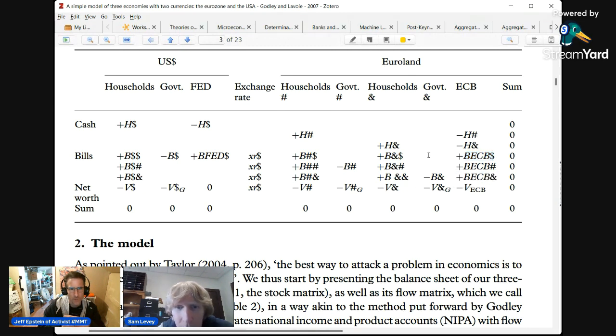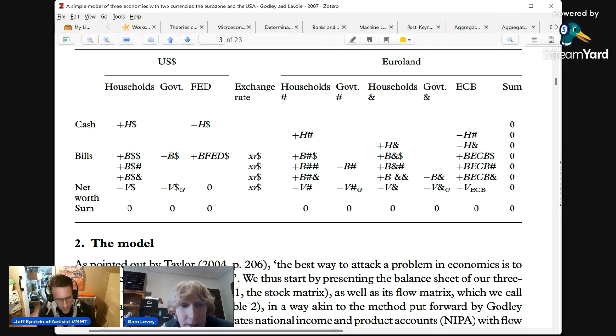Okay. And so is this suggesting that the bills are only owed to the government? Well, it's just like if you're talking about some IOU, right? Who issued that IOU? Only one person can issue it, but then if there's more than one, it can be held by lots of different people.